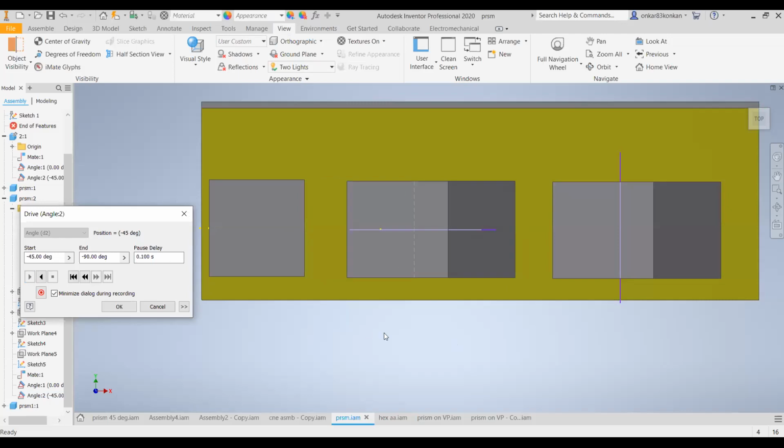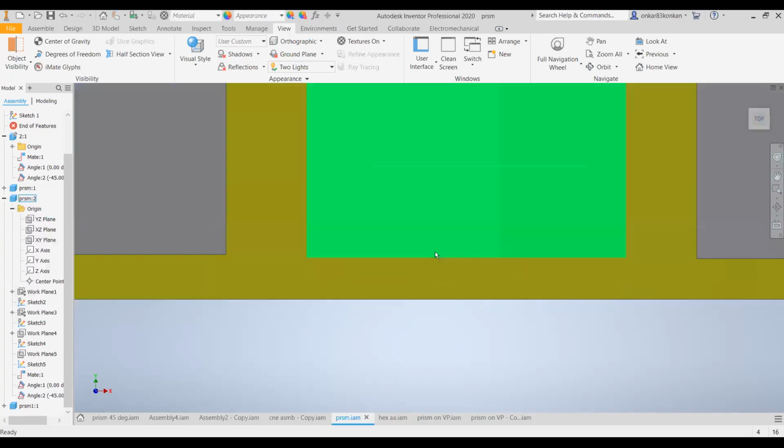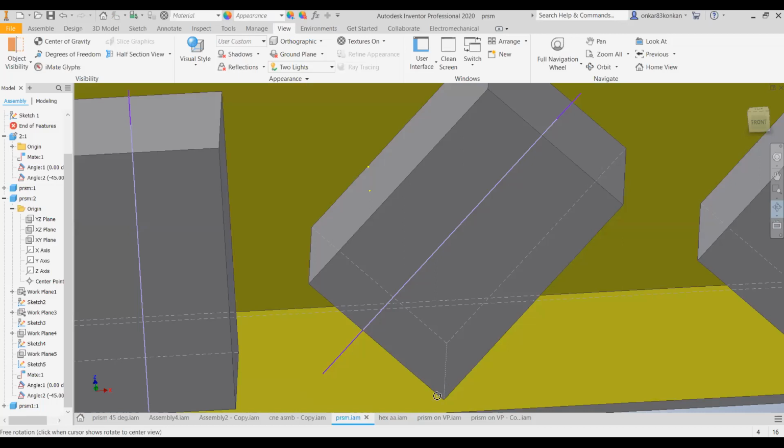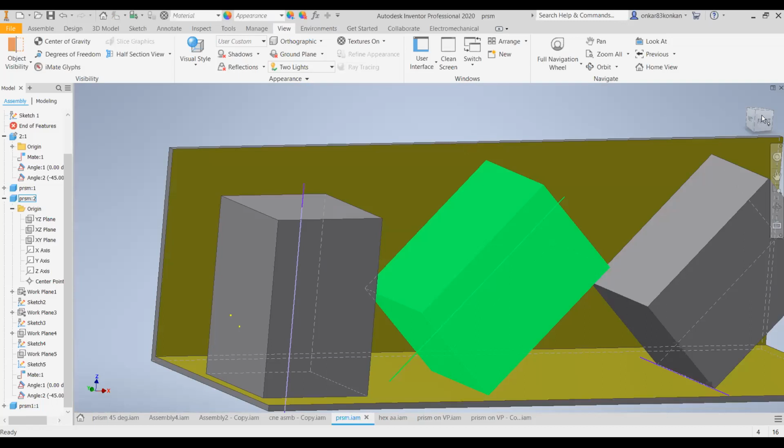In the second stage top view, you can observe there is one hidden line. This hidden line is the edge which is in the HP. This edge is not visible from the top view, and therefore it is hidden in the top view. So again observe the second stage top view.